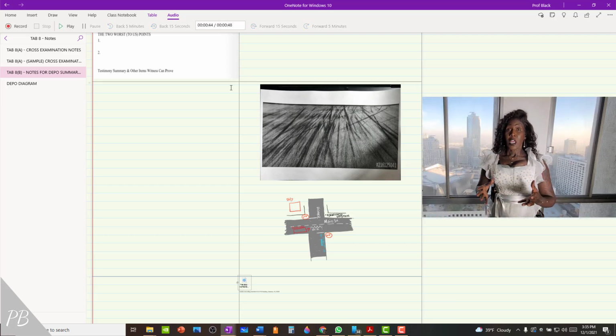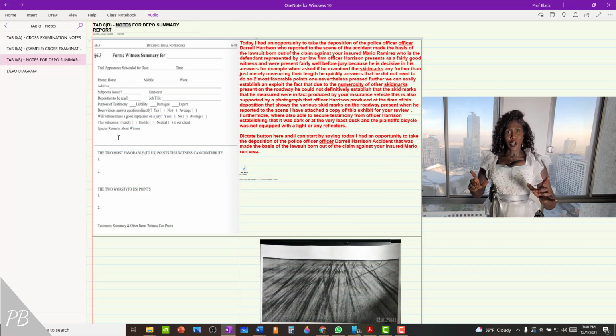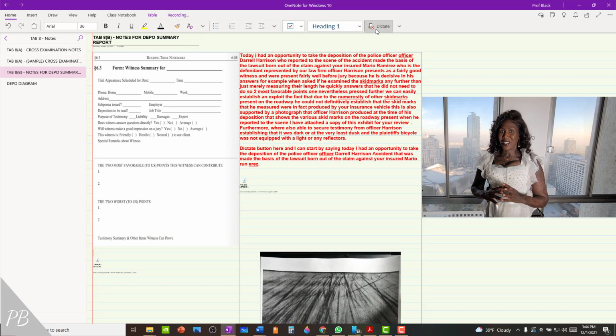But you can see the note that I actually transcribed on the day of that deposition. So I recorded the audio here as I was transcribing the audio of this note. The dictation feature of OneNote also dictated. And so to do that, all you have to do is just to turn on this dictation button, and I